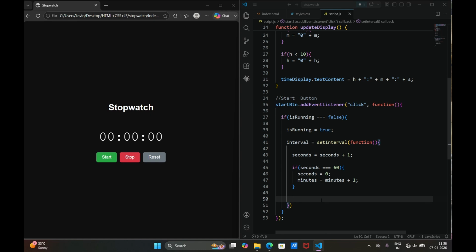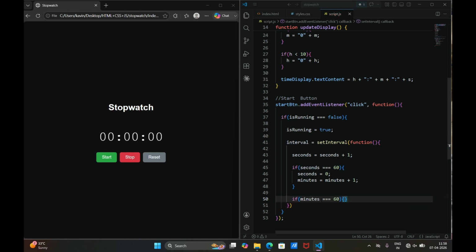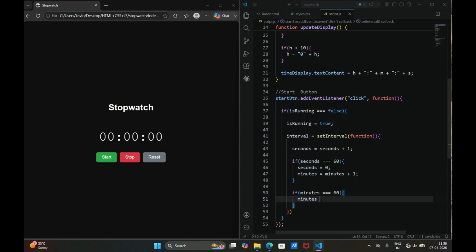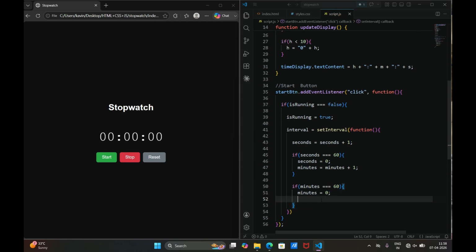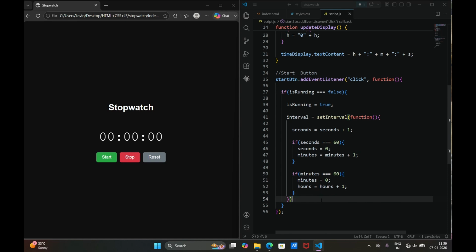Now we have changed the seconds. Now if the minutes is equal to 60, then it is an hour. Then we have to change the minutes to 0 and change the hour to 1 plus 1. Hours equal to hours plus 1. So, and also now we have to write the interval. So it is for each second. So I am giving 1000 milliseconds. So when I start,